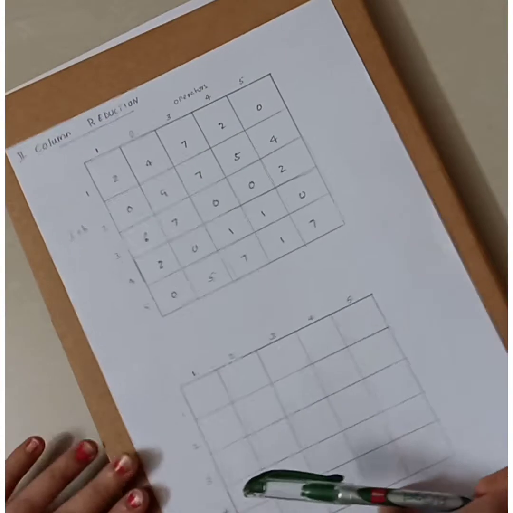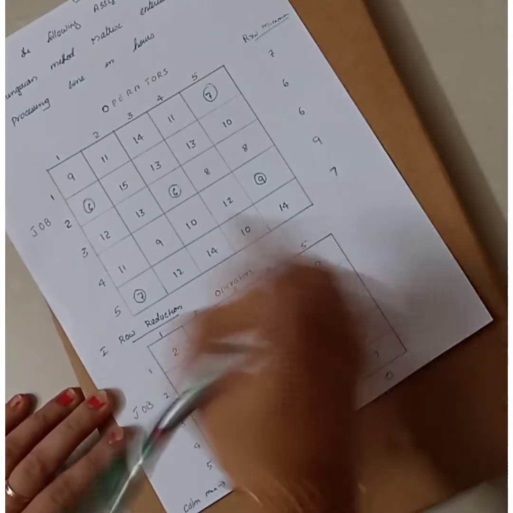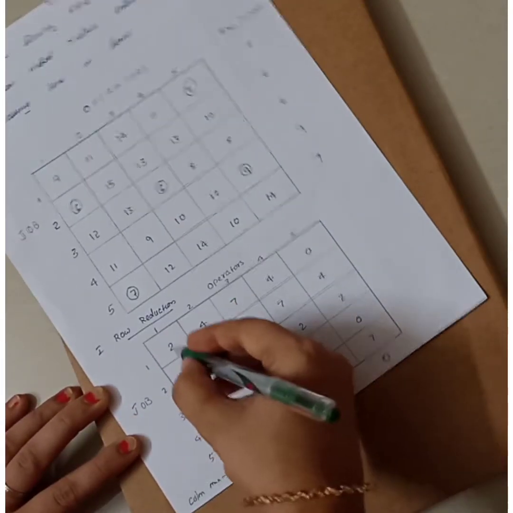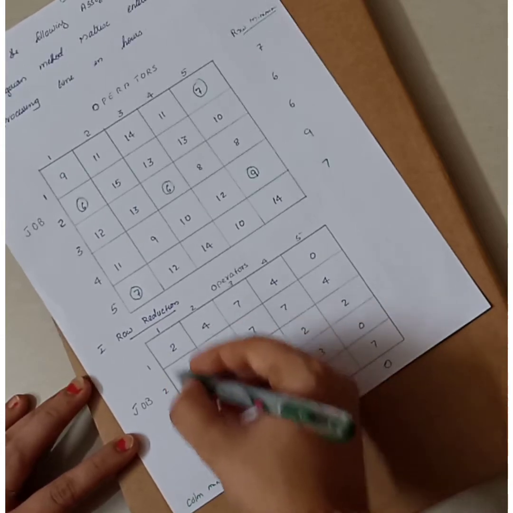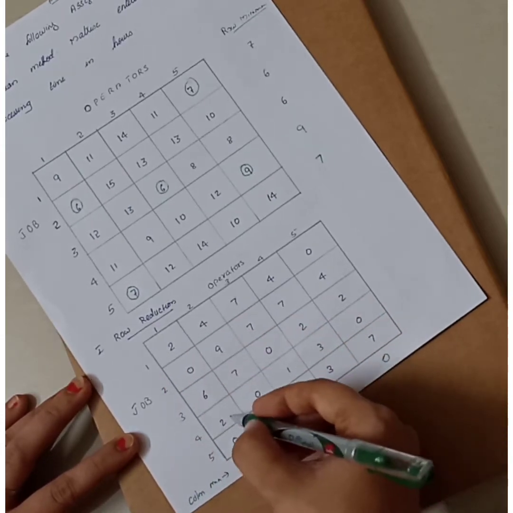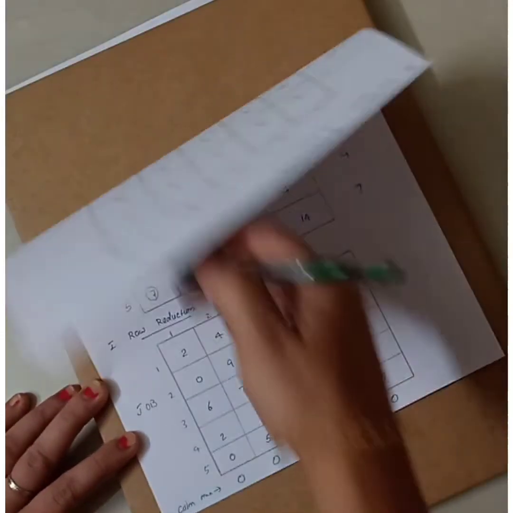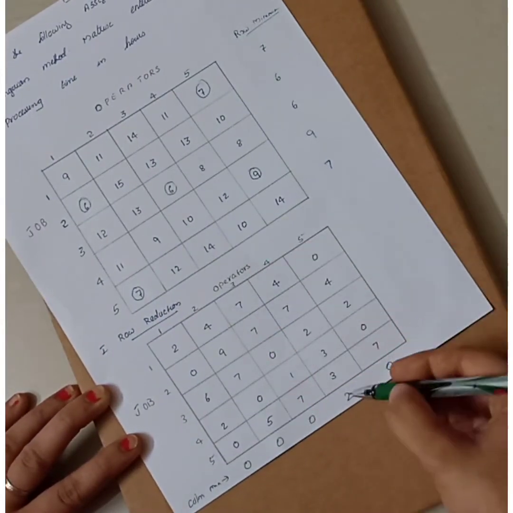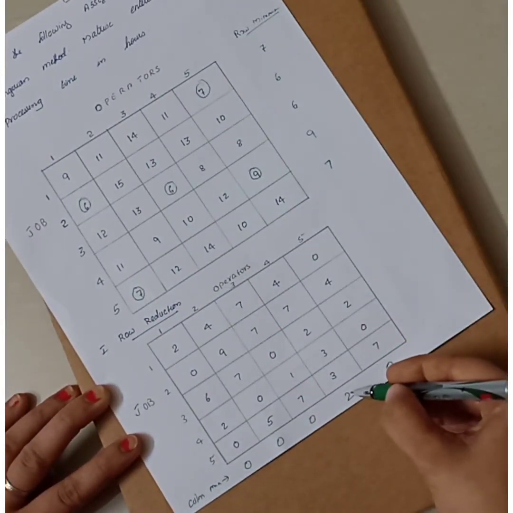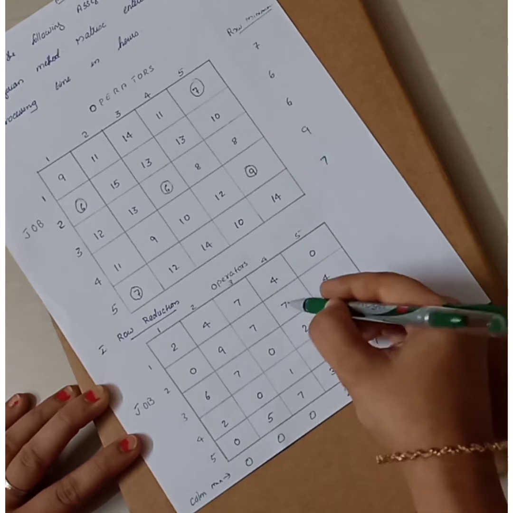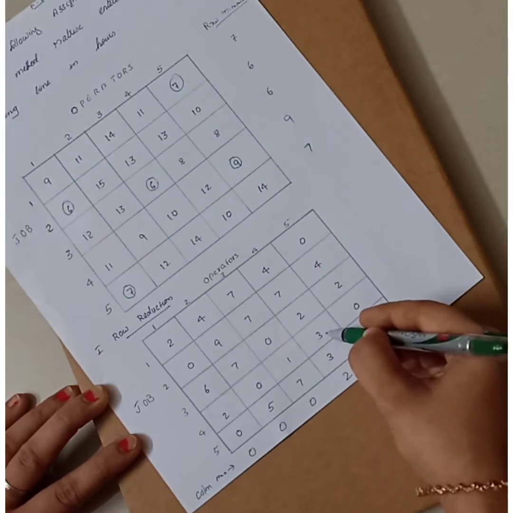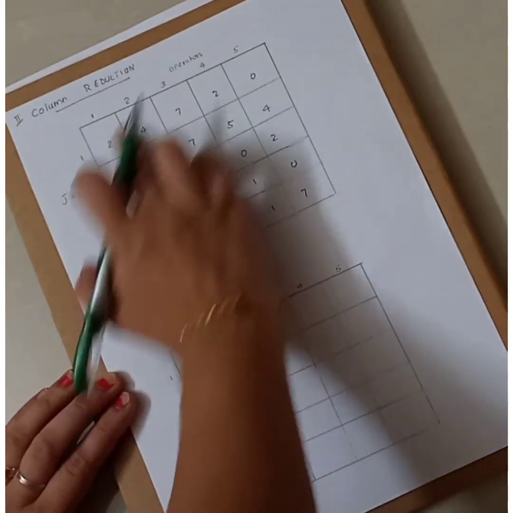Okay. Now after doing this, you are doing column reduction. Just like how we did the row reduction, you have to subtract 0 from each and every element of this column. 2 minus 0, 0 minus 0, 6 minus 0, 2 minus 0, 0 minus 0. And again, here since it is 0, everything will remain the same. Only in this particular column there will be a variation. 4 minus 2 is 2, 7 minus 2 is 5, 2 minus 2 is 0, 3 minus 2 is 1, 3 minus 2 again 1. So this will be the reduced columns.